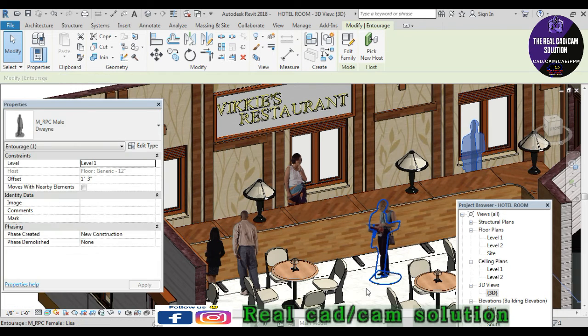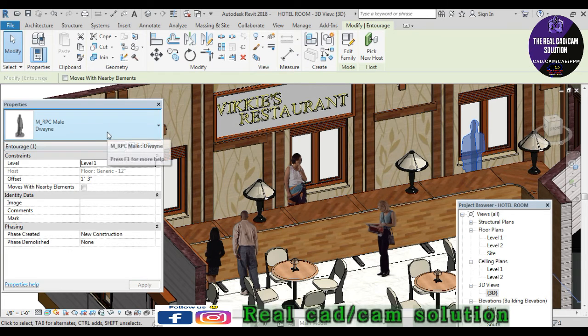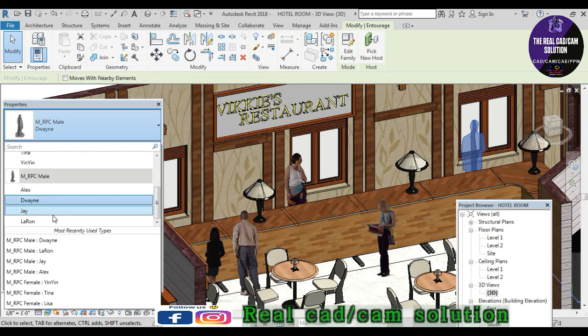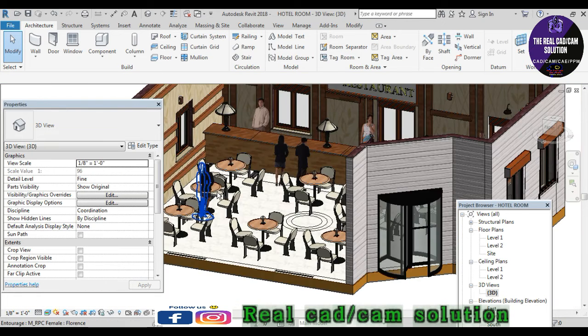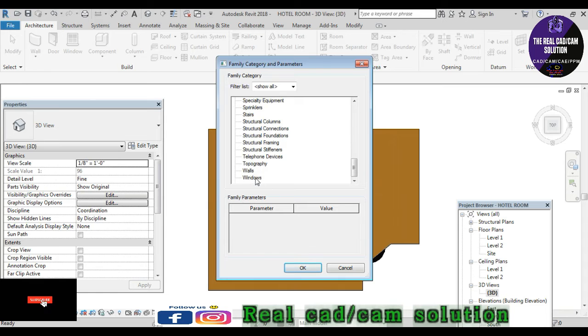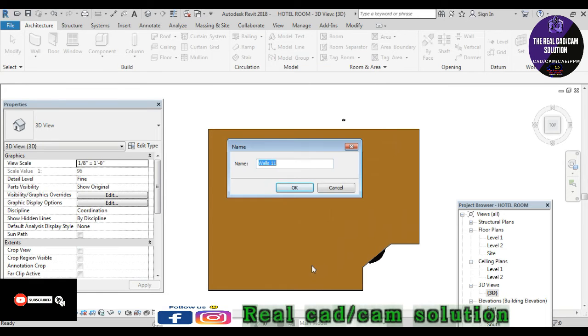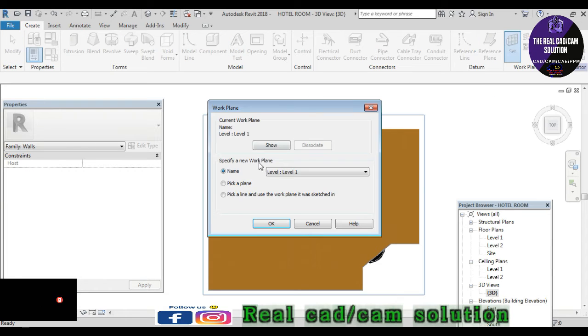Okay, and finally I choose my characters to put inside the restaurant, because characters help develop my rendering view, that's why I choose them. And some characters also give reference to the interior side of the restaurant, that's why I choose the characters. Okay, it's finished. And go to some wall and ceiling design also.